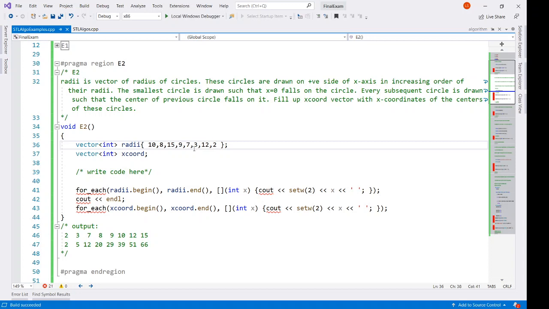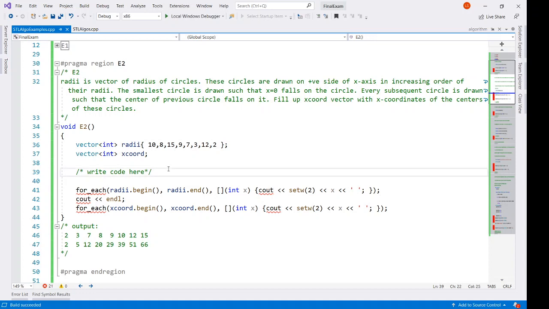The third circle will be with radius 7. So we want to add that up to 5, which was the sum of the previous two, and draw it at 12, x equals 12. So you can see the pattern over here, right? We begin with a value, and the next value we get is by adding the previous value. The further next value we get by adding all of the previous values, or we keep the sum and keep adding the current value to that sum, right? So that is how we should get it.